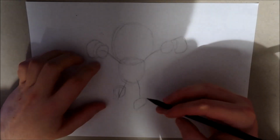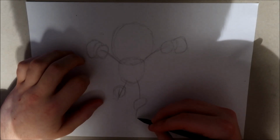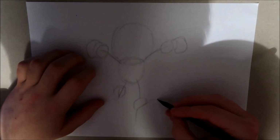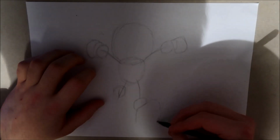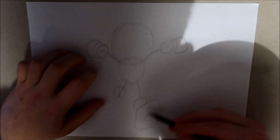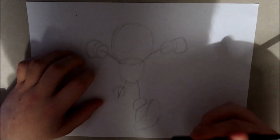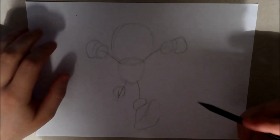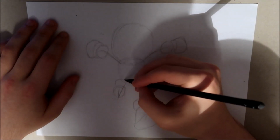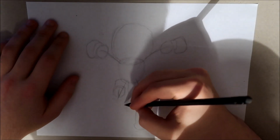So next step, which I believe is step 5 or 6, I think I've lost count by now already. Tells you how good at maths I am. So with the shoe on this side, we go basically like this shape. Since it's showing a lot of the sole of the shoe, we can just see that there's a lot of it really showing, and that can be just a guideline, just like that. And then for the right foot, we're going like this, and then curve in